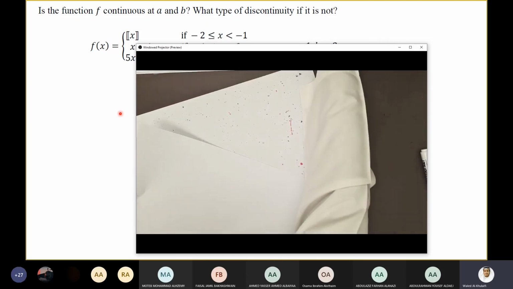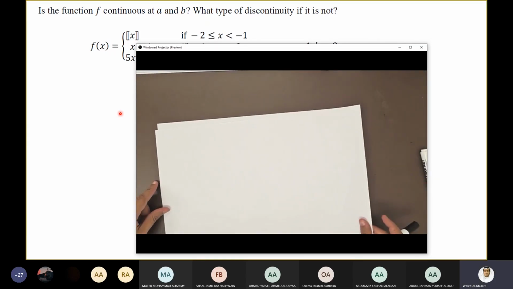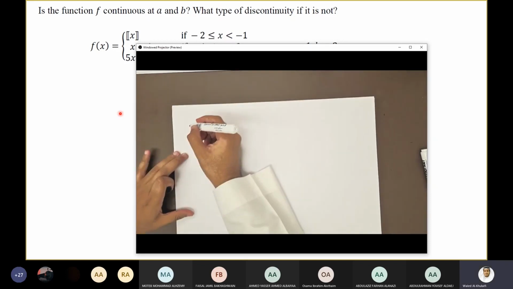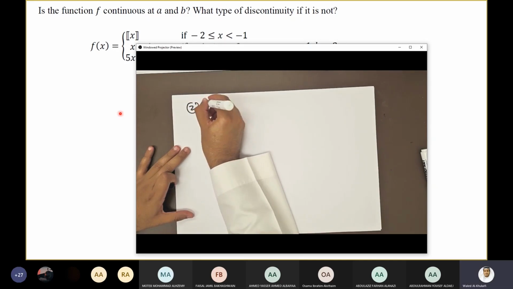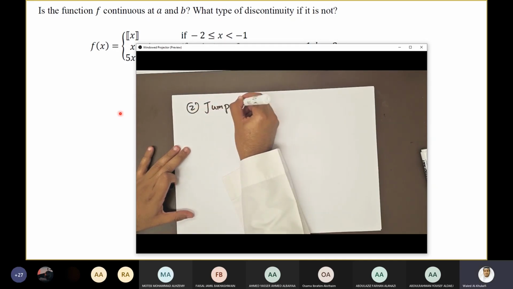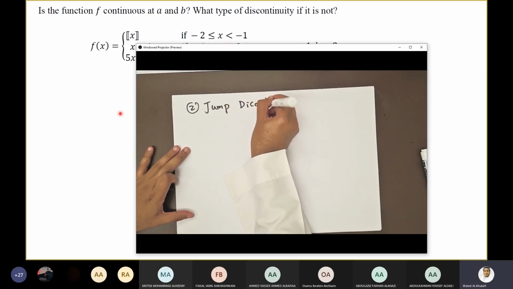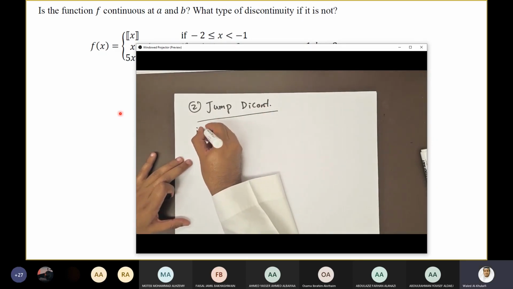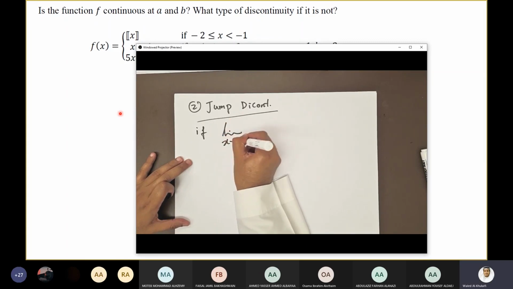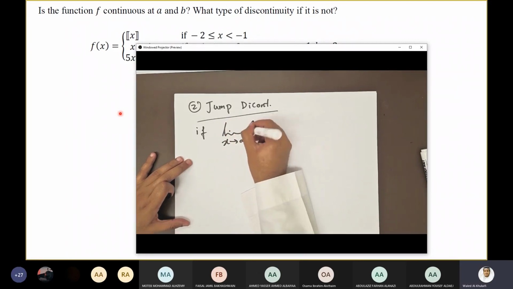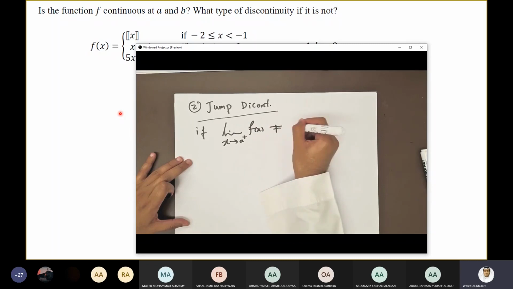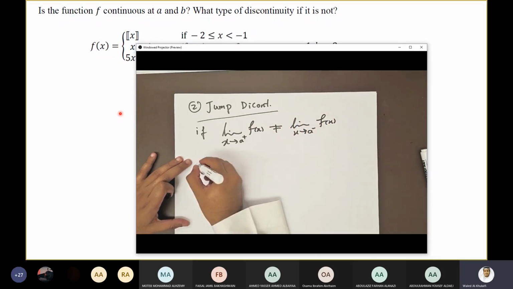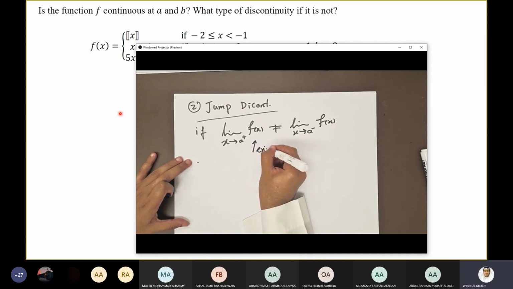Okay, jump discontinuity. Number two, jump discontinuity. We say that the function has a jump discontinuity at a if the limit as x approaches a from the right of f of x is not equal to the limit as x approaches a from the left. Okay. By the way, each limit exists,